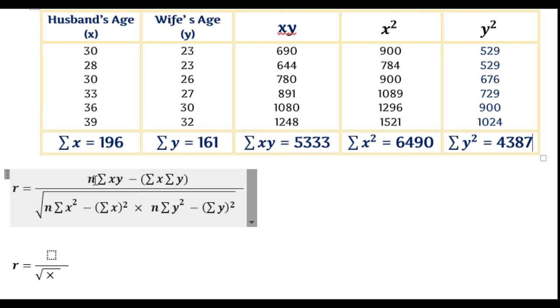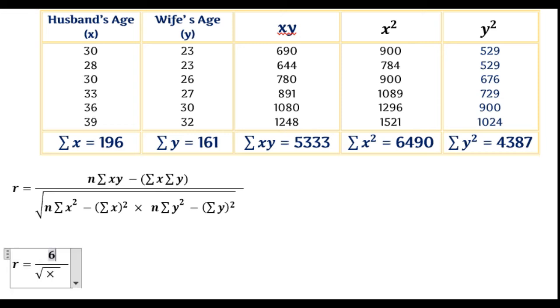So first, you write the equation, r is equal to, and after that the substitution I'll be doing it here. You can write down under this, and after writing the equation, first value is n, which stands for number of observations, which is 1 2 3 4 5 6. So n is 6, 6 into sigma xy. Sigma xy is here, sigma xy 5333. So let me write that value, 5333.